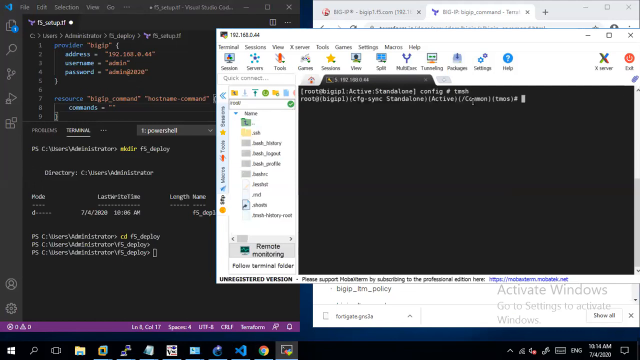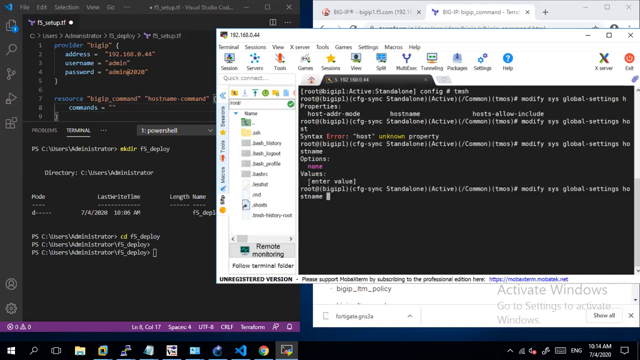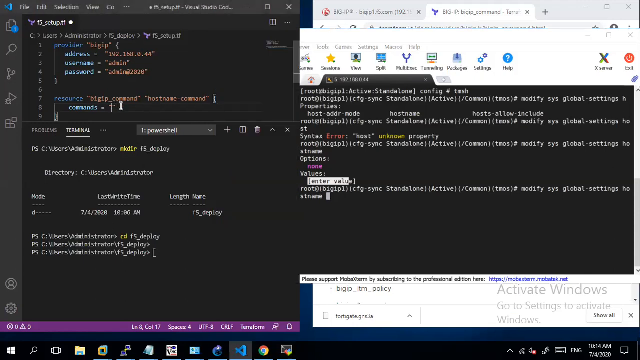In here, if I go to TMSH, then if I click on modify sys global settings, there is an option for hostname. So I know the command which I need to use to change my hostname of F5 is modify sys global settings hostname, and after this, the specific name, whatever I'm going to define. So in here, this is hostname and then the value. So now I know the command which I need to run on my F5 to change the configuration. So let's make use of the same command, modify sys global settings hostname, and then whatever hostname that I want to set. Maybe let's say I'm going to define it as demof5